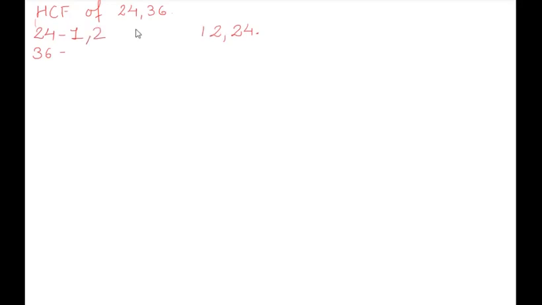Now, in between these two numbers, which factors will come in 3's table? Yes, 3 how much are? 8s are. So, we'll write here 3, 8s are 24. Now, these are the next two factors.